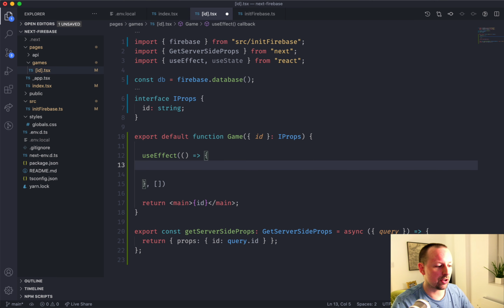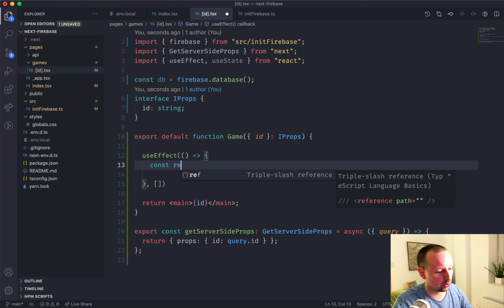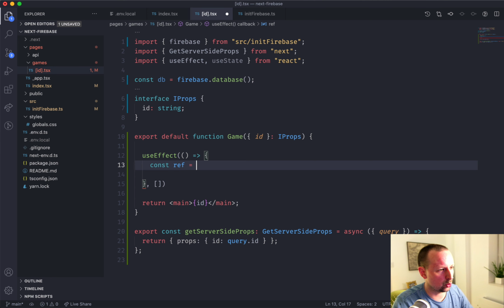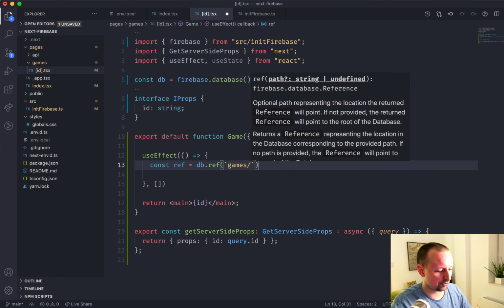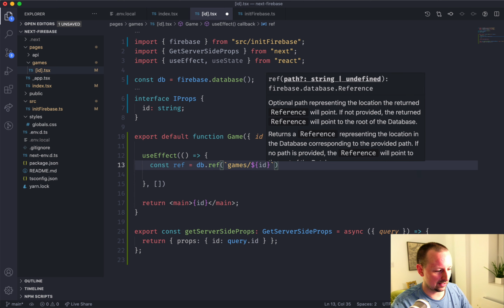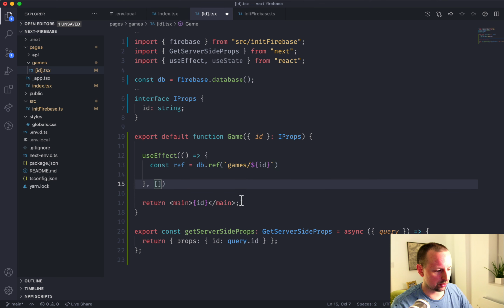So with our db, we need a ref. Same sort of thing, Firebase always works in refs. You're sort of pointing to one place in the database. It's not really like a ref as you think of in React. So what we're going to do is create a ref to the path, which is games slash the ID. So I suppose our one dependency could be the ID, because technically you should if you're referencing that